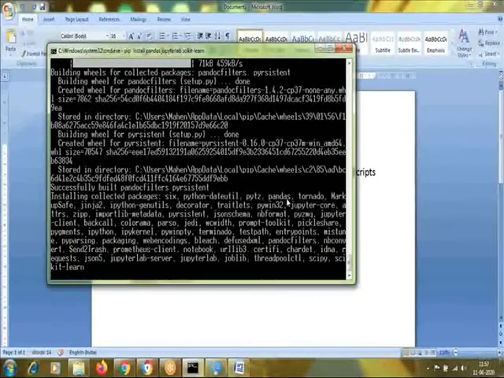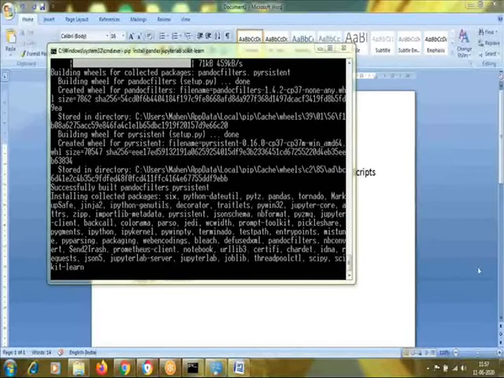We will wait for some time for the installation to be done on all the participants' machines. Okay. Then we will go with our NumPy and Pandas.